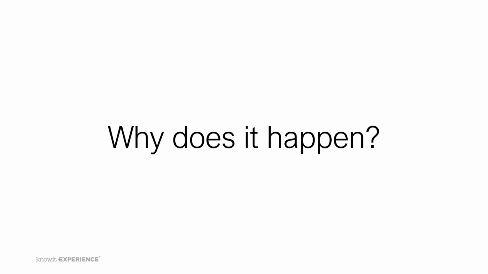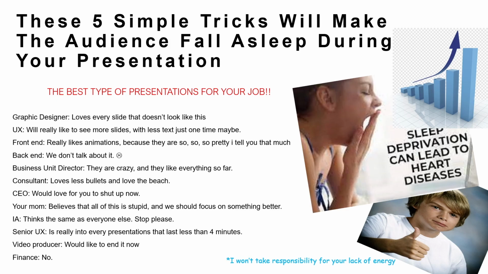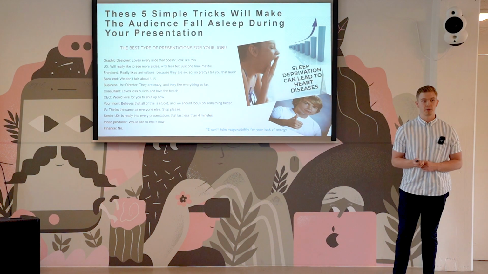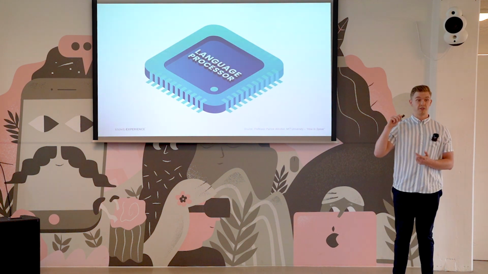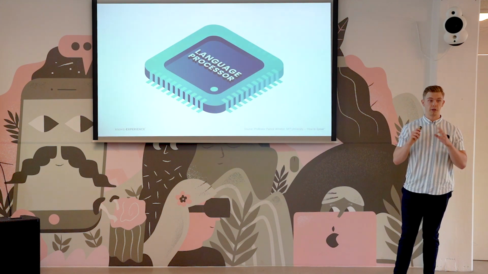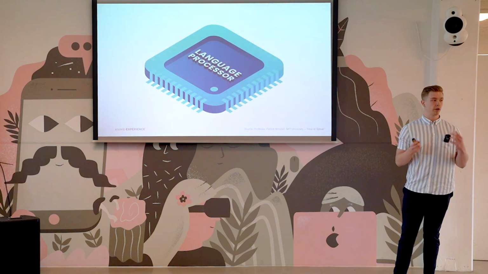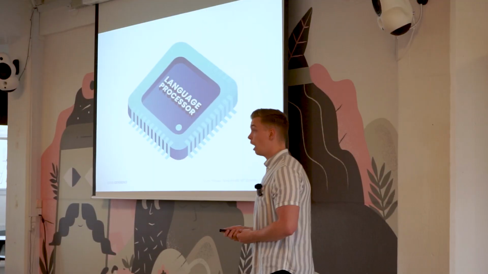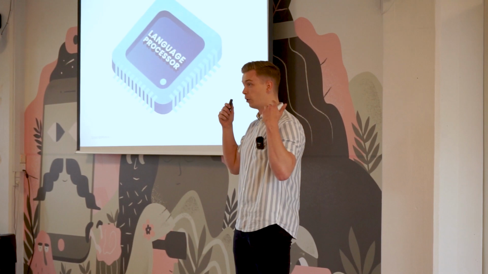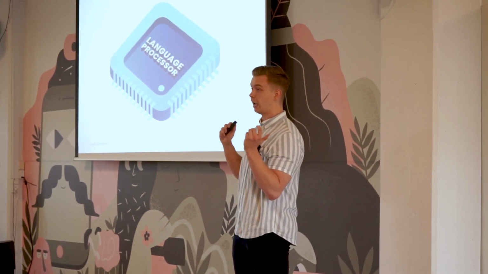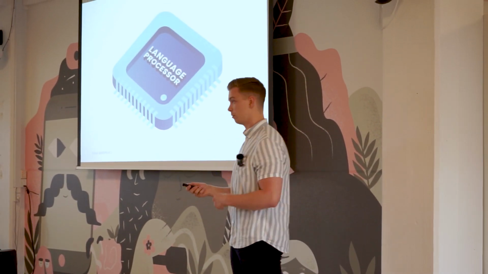But why is that? Well, sometimes because slides look like this, and it's really hard to understand what is going on, and it's really ugly. But the real reason why it happens is because we have one language processor. That means when we process information, we can only process a certain amount of information at a time. When we are watching Netflix and the phone is buzzing, that's two things going into our brain, and our brain is still really simple and can't really process it. That is why we get distracted.